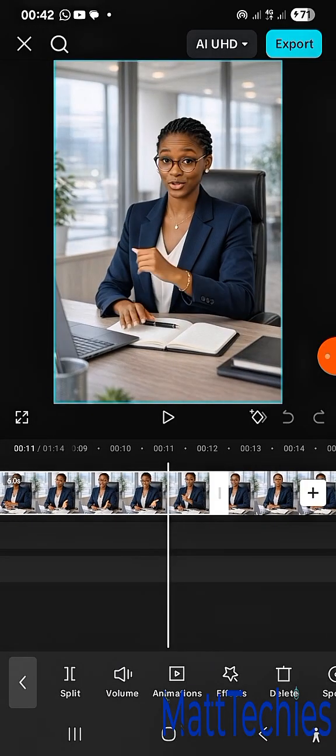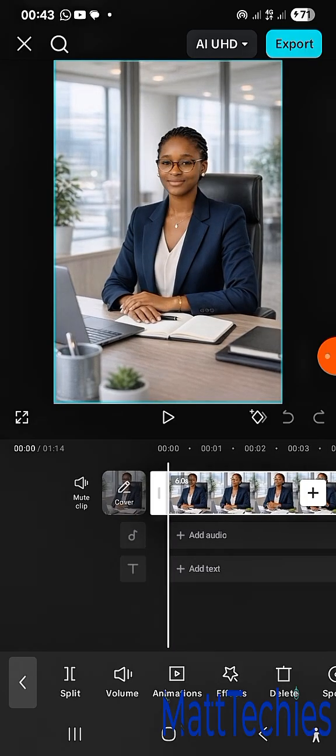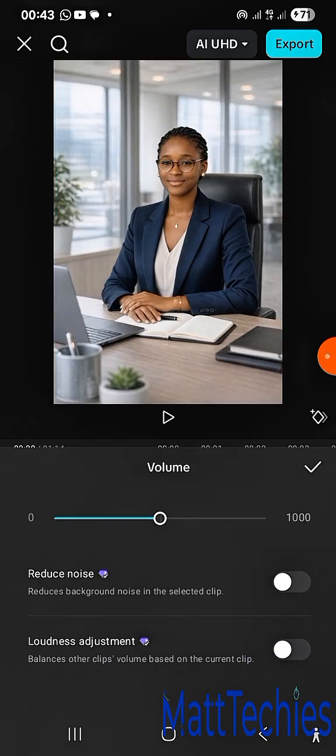If you want to split, this is it. Like if you are editing and you want to cut out a particular part, you split it and cut. You delete that part that you split off. And if you want to increase the volume,